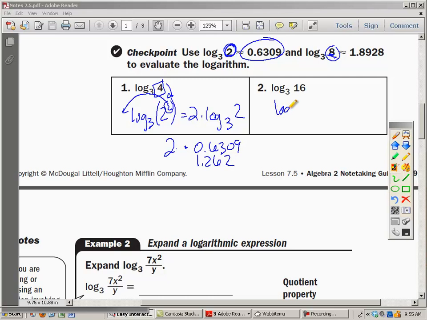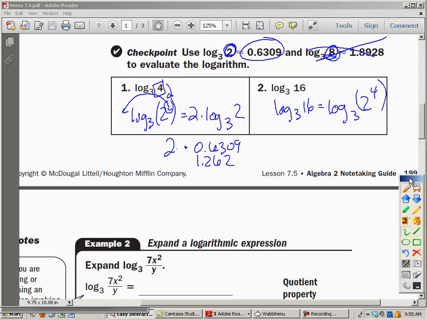Now, log base 3 of 16, for the same reason, we're going to write this as log base 3 of 2 to the 4th power, because 2 to the 4th power is 16. Actually, we don't even use this one. That's kind of misleading because some of us might want to try to do something with that. You can do it that way. Suppose there's two ways to do this problem. We can then take this and slide it out in front. It becomes 4 times the log base 3 of 2. Log base 3 of 2 is that 0.6309, and 4 times that comes out to